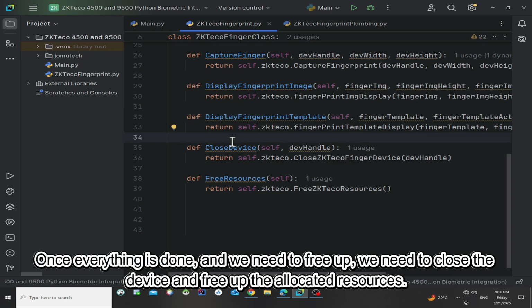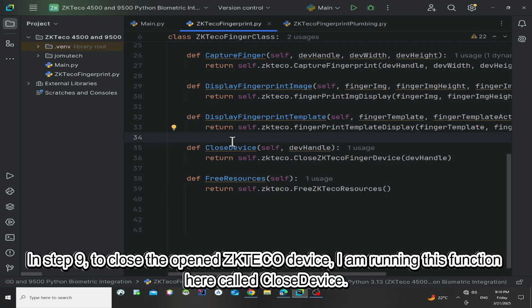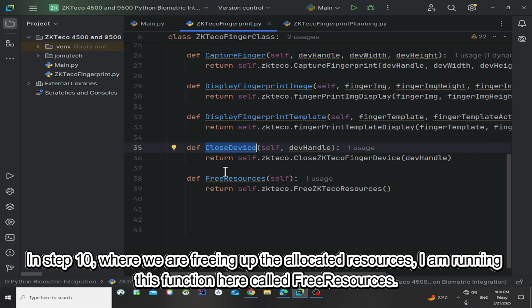And once everything is done and we need to close the device and free up the allocated resources, in step 9, to close the opened ZKTeco device, I am running this function here called close device. In step 10, where we are freeing up the allocated resources, I am running this function here called free resources.